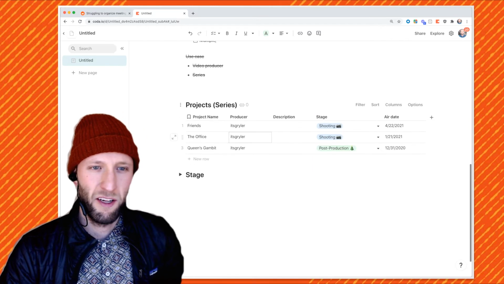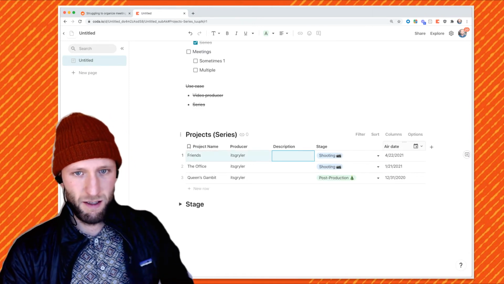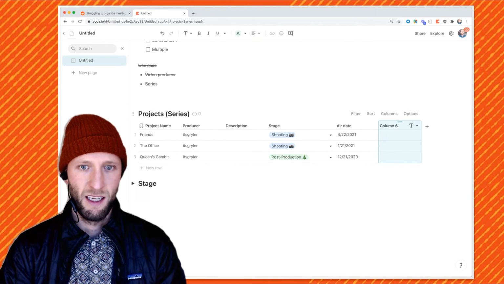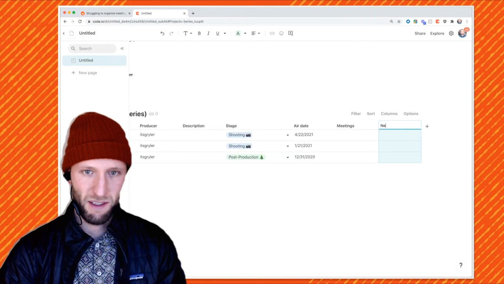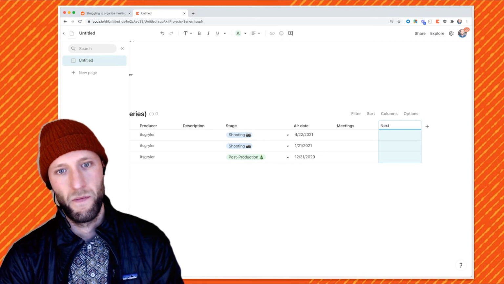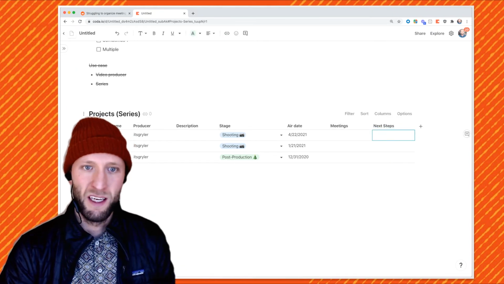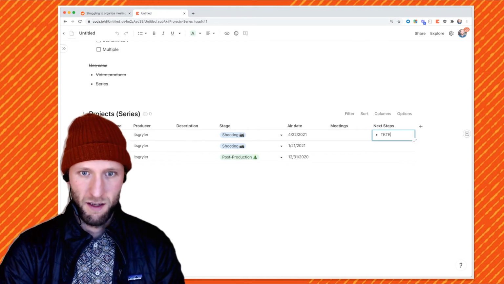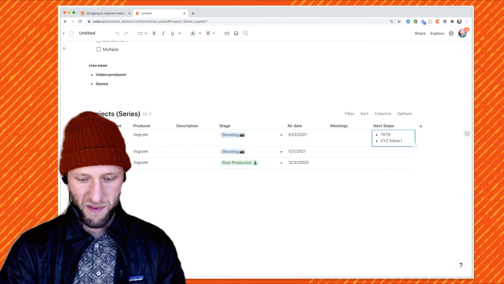So one style we could do is take our meeting notes for each of the projects. So we can do something like, here's the meetings, or at least have a next steps column. I'm going to hide this, make it a little wider. So XYZ follow-up.